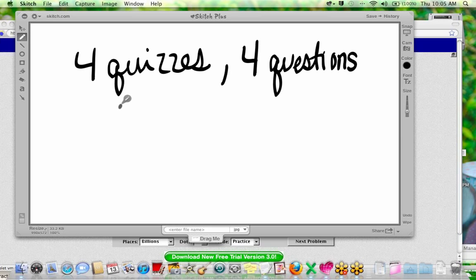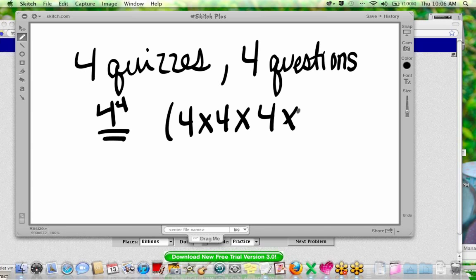It's like a couple people are chatting their responses. Very good, Simon. Don't worry about it, Kaylee. I know your microphone must not be on or something. Perfect. 4 to the 4th power. So that's exponential notation. Here's what it looks like in expanded form. 4 times 4 times 4 times 4. So standard form is going to be my answer. What's the answer?